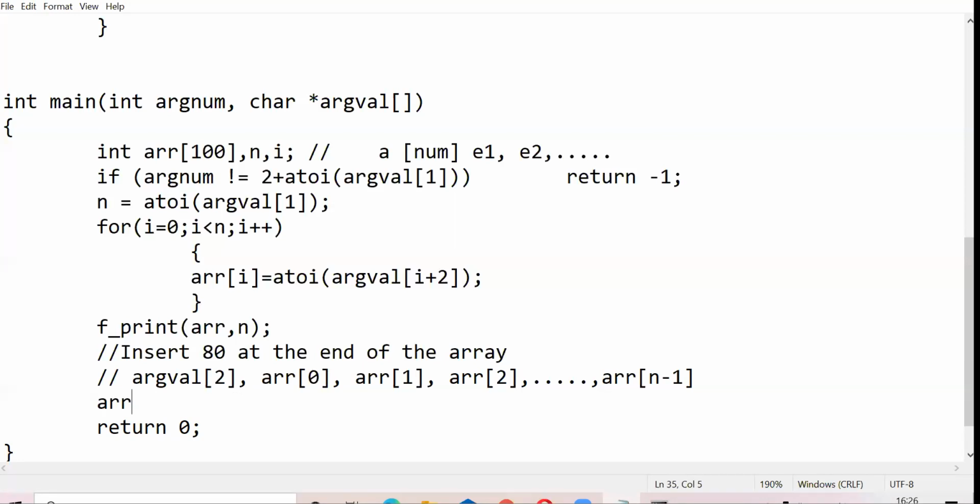So if you do something like ARR of n minus 1 equals 80, it will change your last element to 80. I don't want to change your last element. I want to insert an element at the end. Okay, Priyanka, I don't want to remove anything.